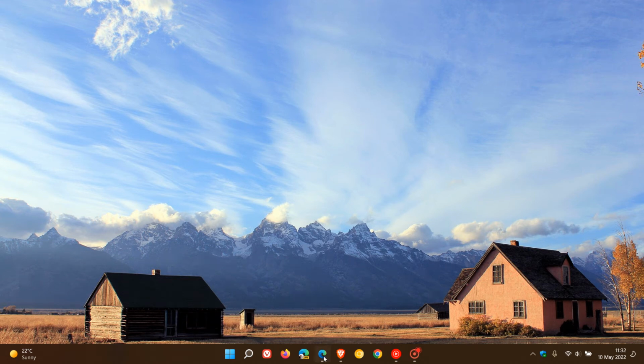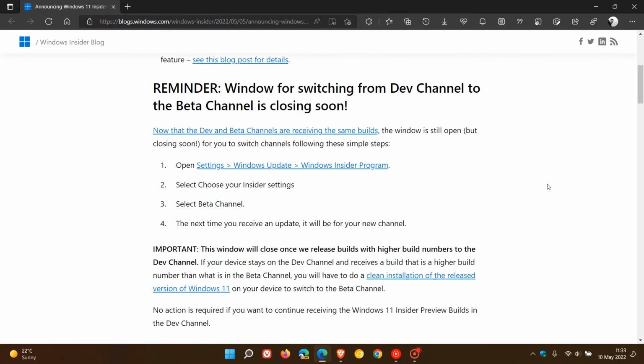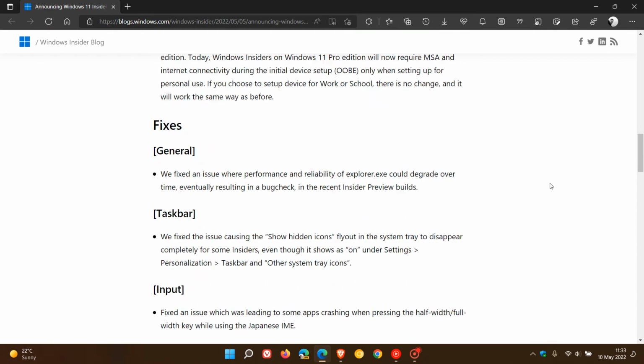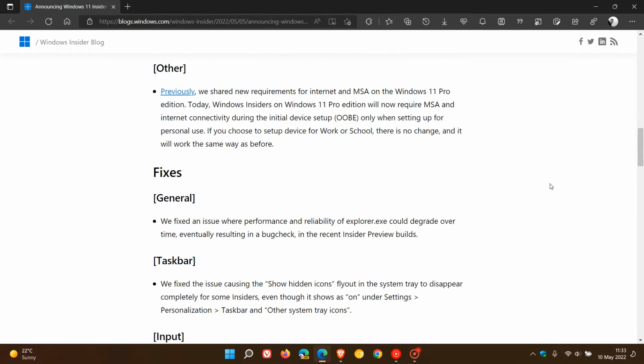So last week, Microsoft rolled out their latest insider preview build 22616 to both dev and beta channel insiders, which was on the 5th of May, and I did post on this last week. Now, as I mentioned in that previous video, one of the small changes which was made by Microsoft listed under Other was they say that with this latest build 22616, Windows insiders on Windows 11 Pro Edition will now require